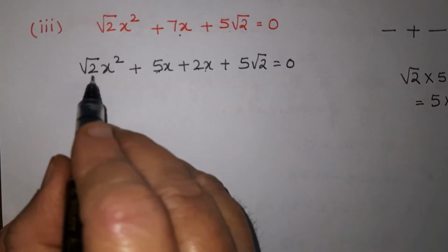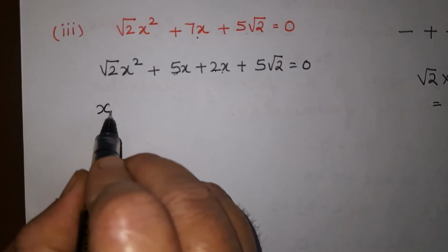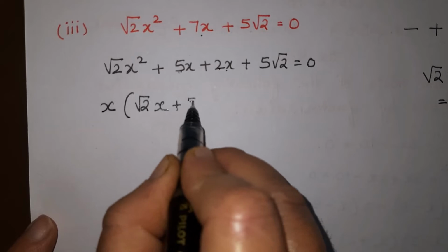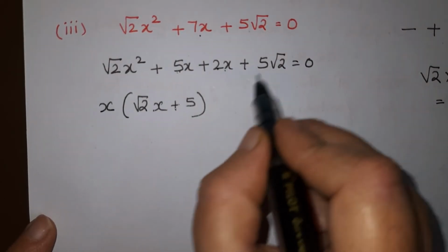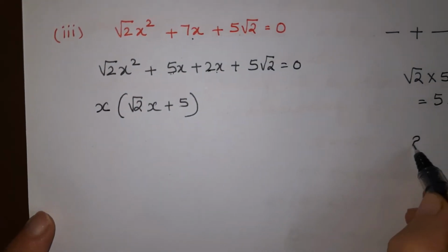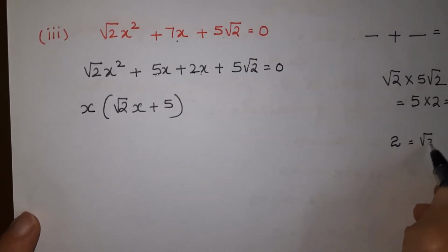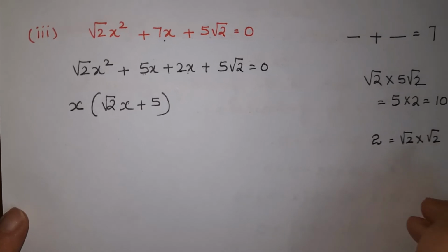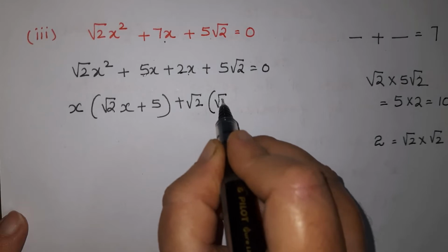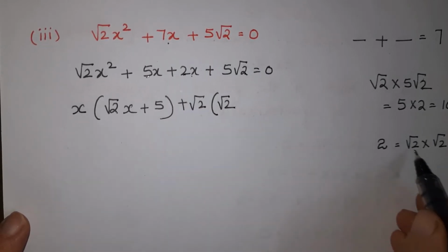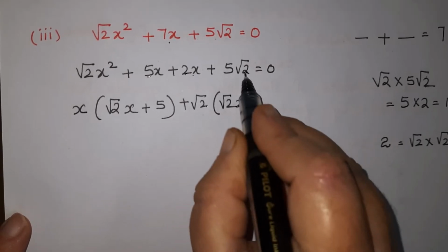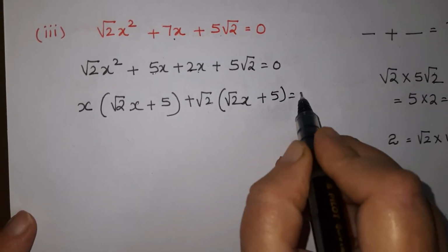Now if you see the first two terms, only x is common. So we can take x common. So we are left with √2x + 5. And from here we can see here it is 2 and here it is √2. We also know that this 2 is the product, or square, of √2. So if I take √2 common from here, √2 is left, as 2 is √2 into √2. So 1 √2 I have taken common, 1 is left, and from here also 5 is left.